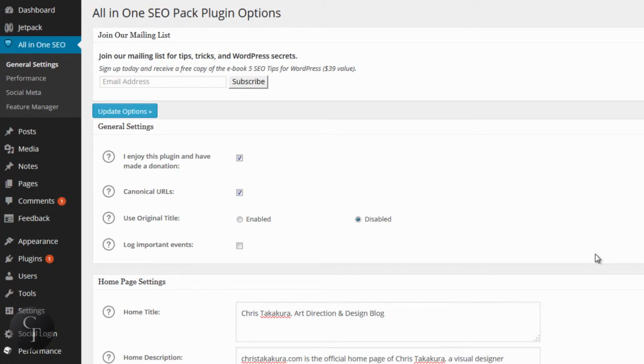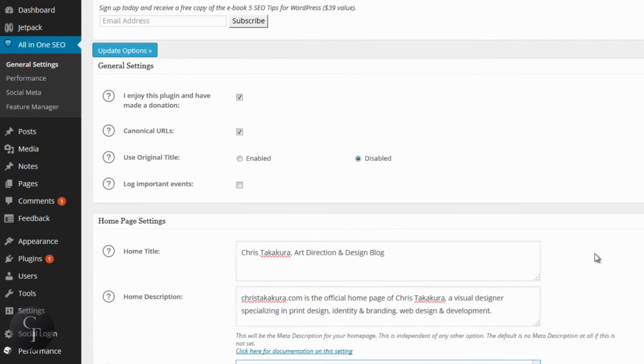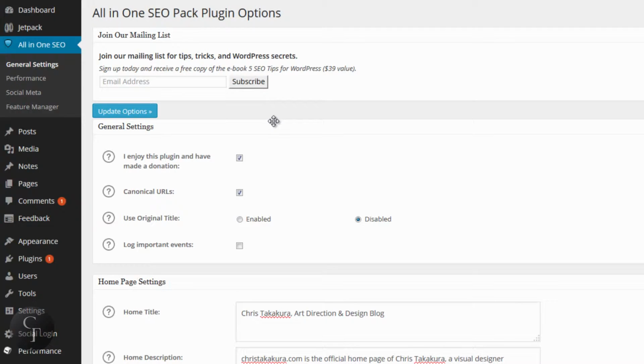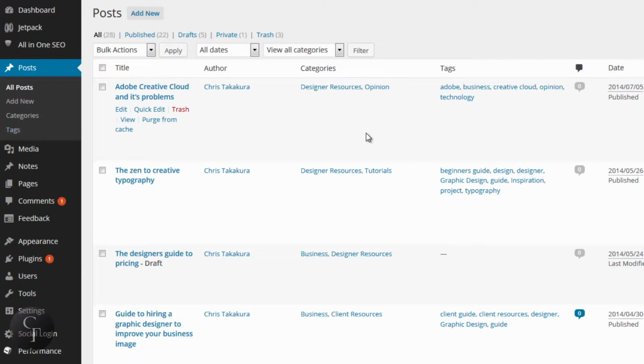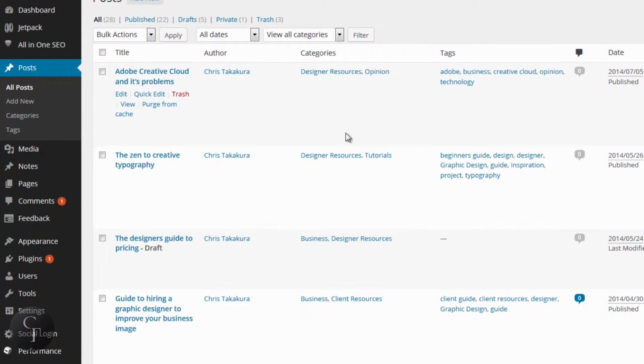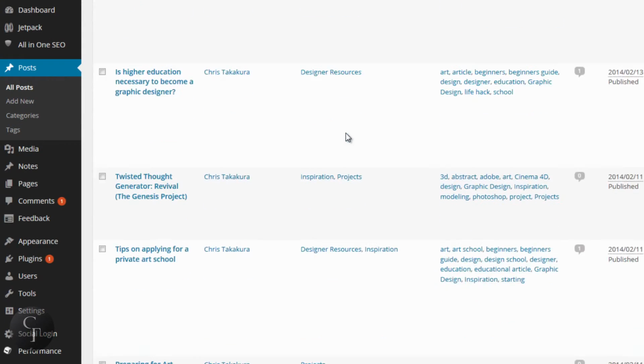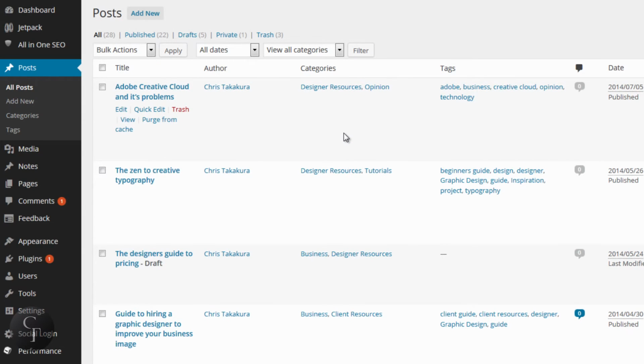So once again that is set, we're going to go into utilizing all-in-one SEO with all your blog posts and your pages. Now, when you go to your posts, you want to click on this link right here that will display all your posts in regards to your blog. So if you've written a lot of blog entries, you should get a list like mine, as you can see here. And once you have all-in-one SEO installed, it enables new columns here called SEO title, SEO description, and